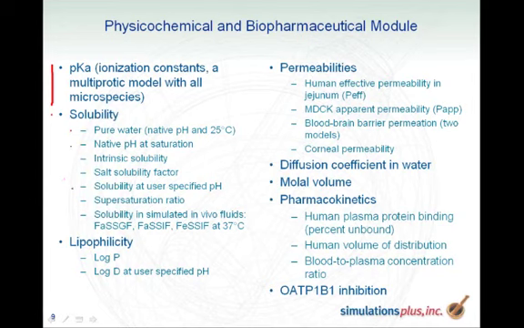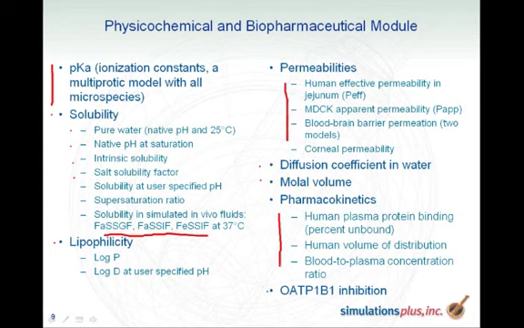If the compound contains ionizable groups, then the pH will be something different from 7, so we also predict that. Intrinsic solubility, salt solubility factor, and then various solubilities in simulated gastric fluids. We also have a very good log P and log D model, various permeability models such as human effective permeability in the jejunum, MDCK, blood-brain barrier and corneal permeability, diffusion coefficient in water and molar volume, and then various pharmacokinetic